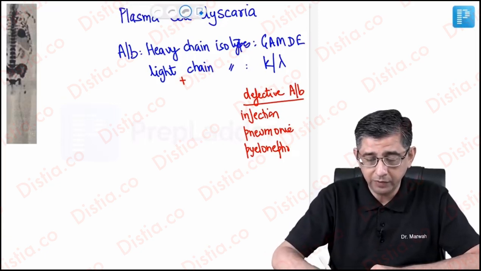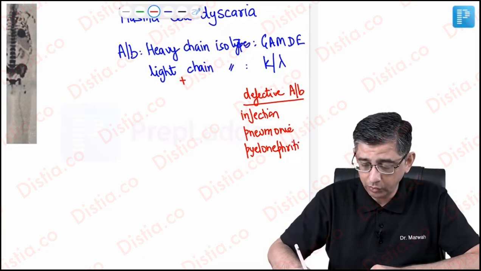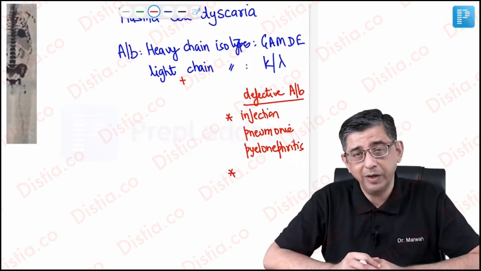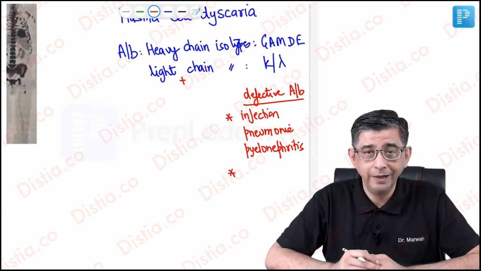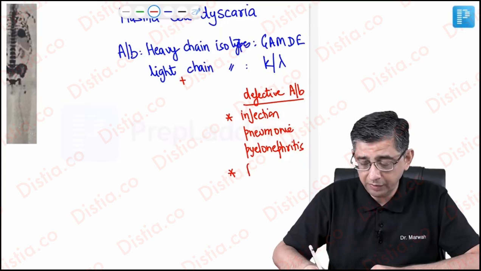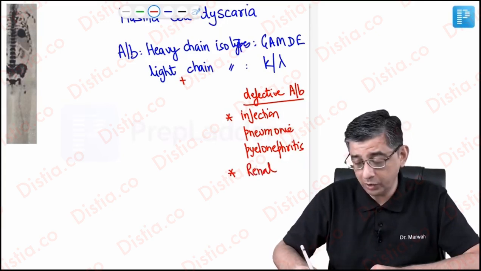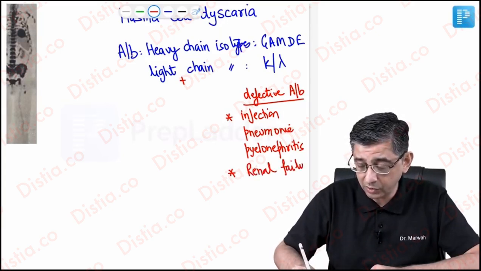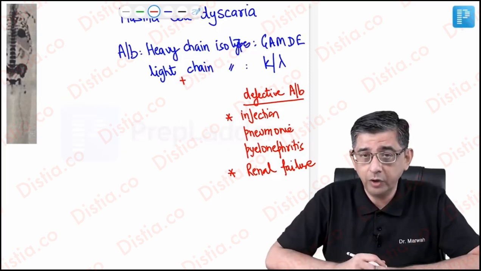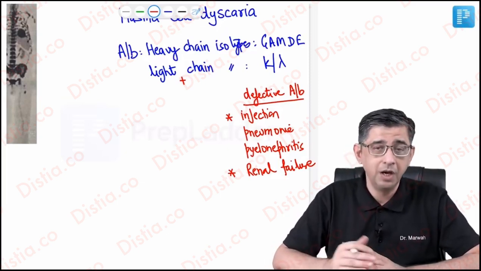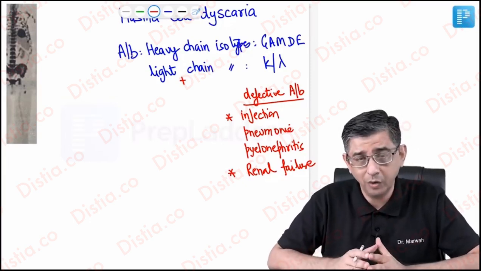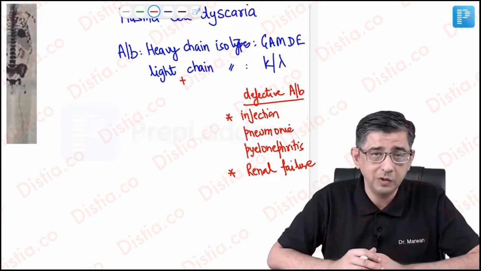Now, over and above this, one aspect that I know you might be sending me a message about is: doctor, I have read in pathology that even renal failure is one of the leading causes of death. So yes, renal failure does occur in these patients primarily because these light chains are going to block the tubules of the kidney. So you will notice in the subsequent part of the video me talking about tubular damage and tubular necrosis in these patients.